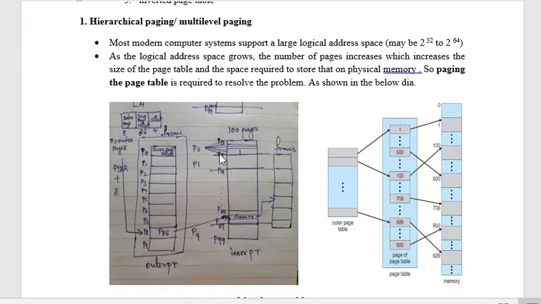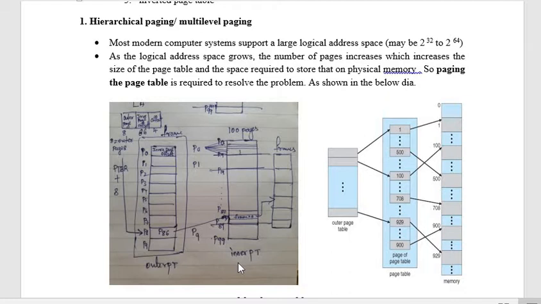In order to bring this process with 100 pages onto the main memory, I need to make sure that all 100 frames are available on the physical memory. If only for this page table you would require 100 frames on the physical memory, just imagine how fast it would exhaust the memory space. So what is the solution? Instead of storing the very big page table onto the main memory, we could page the page table.